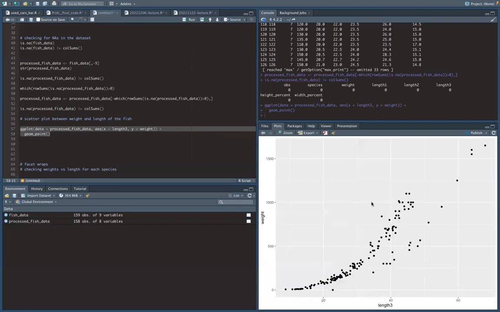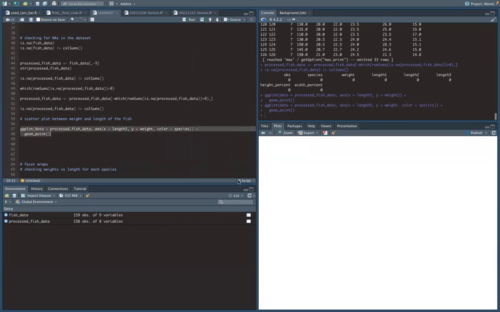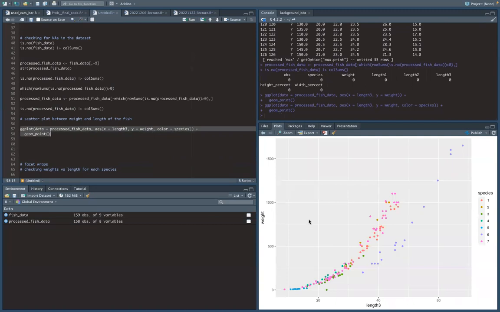Yeah, as you can see the data set over here. Let's just add color as well. Color equals species. Yeah, so we can see that the data set is somewhat exponentially increasing. So if